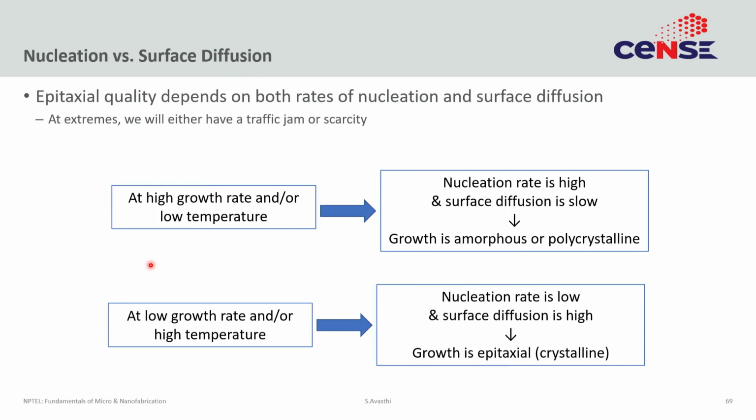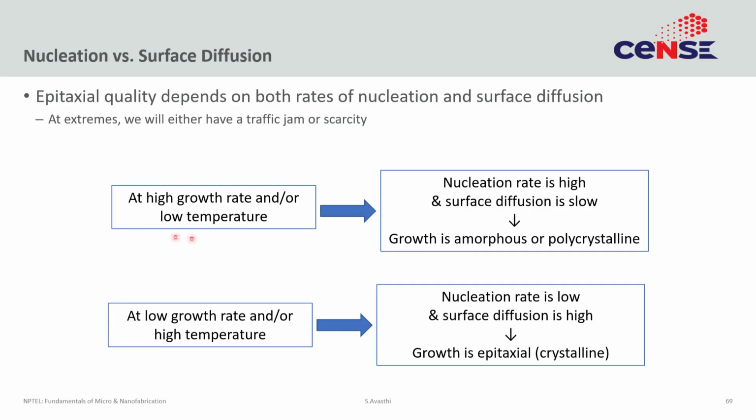Now, this also has a consequence on epitaxy. So, supposing you are doing growth, right? Now, you can be in two cases, and these two cases are given in this figure. You can be in the case where the growth rate is higher or the temperature is too low, right? And in this case, what is happening is that the nucleation rate is relatively high, right? So, by the way, this high growth rate, I mean you are transporting a lot, you have a very high partial pressure. So, you are transporting a lot of material onto the surface. So, the material flux onto the surface is very large. This is not the growth rate of each nuclei, right? So, this is different from the growth rate that we were just talking about. Right now, this growth rate is the speed at which the film grows.